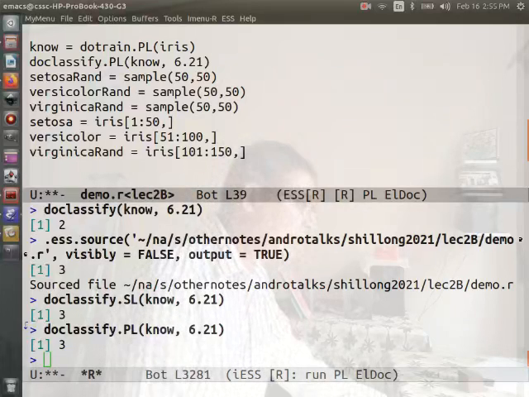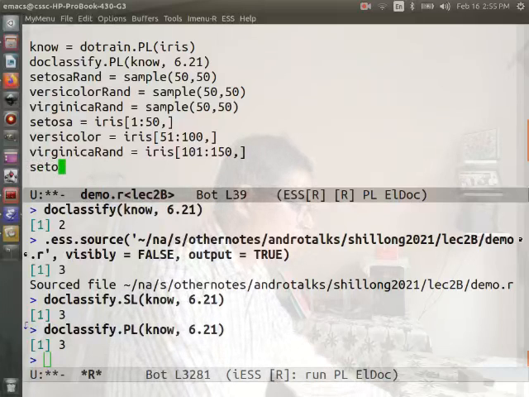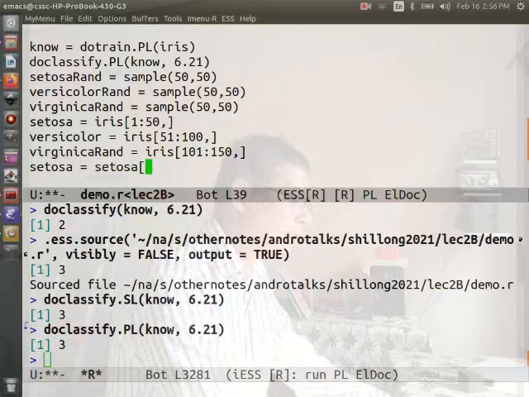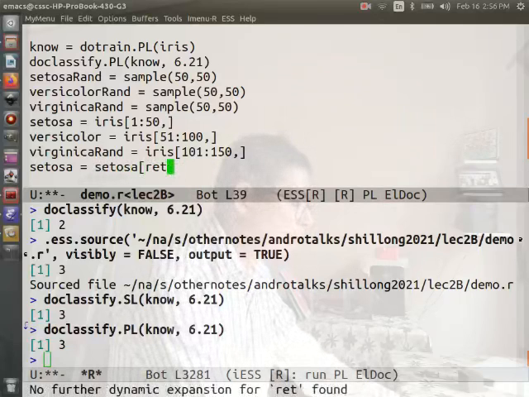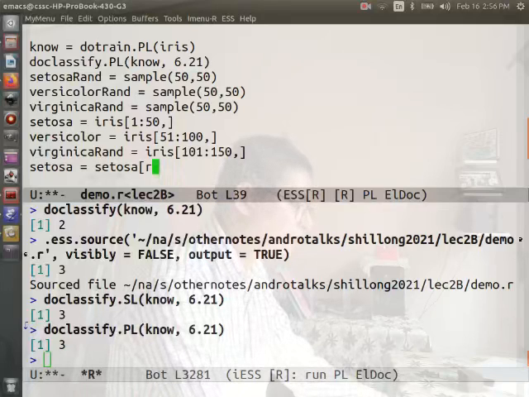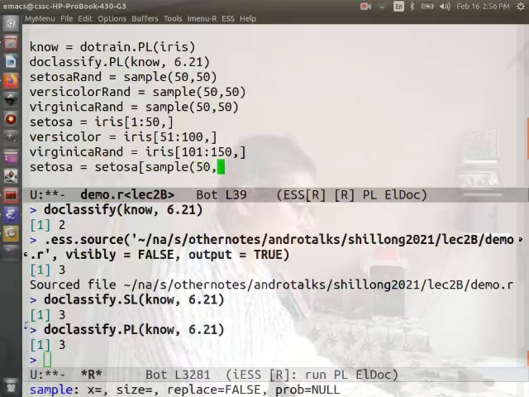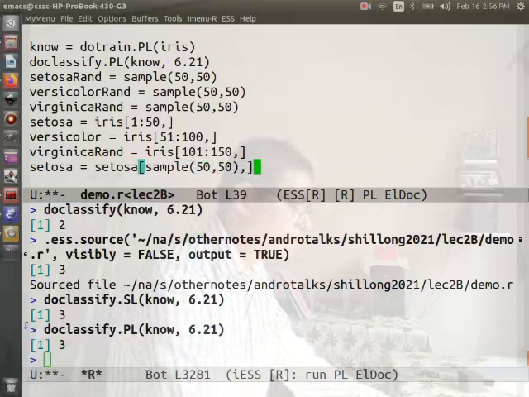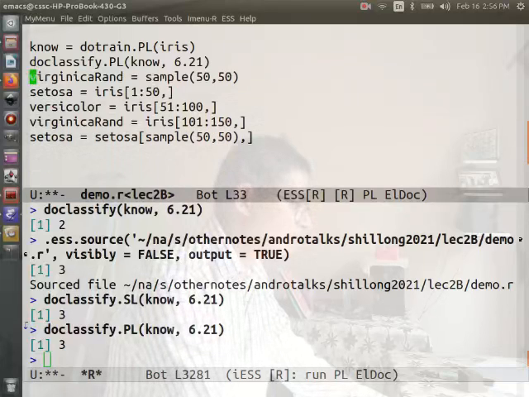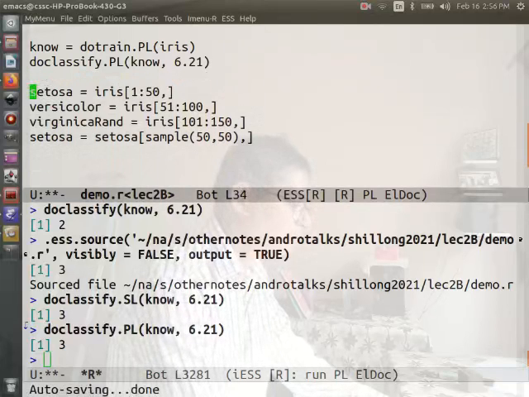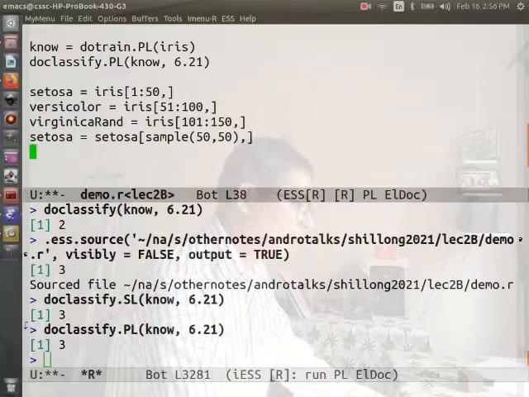So ideally I can just do the entire thing pretty fast by putting everything in one line. So I will now do setosa. I am going to randomize them, but now I am going to give this the random permutation. So setosa rand. Well, maybe I will just use sample 50-50 right here. That saves some typing. So ideally you do not need these things then. So I get a random permutation of them,